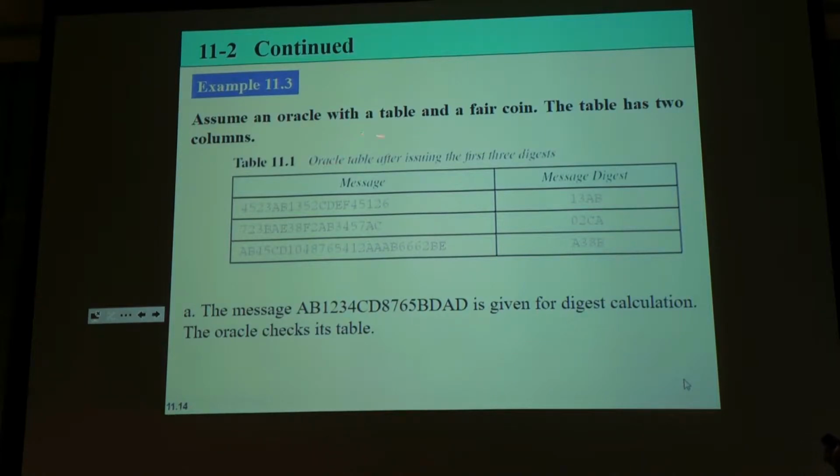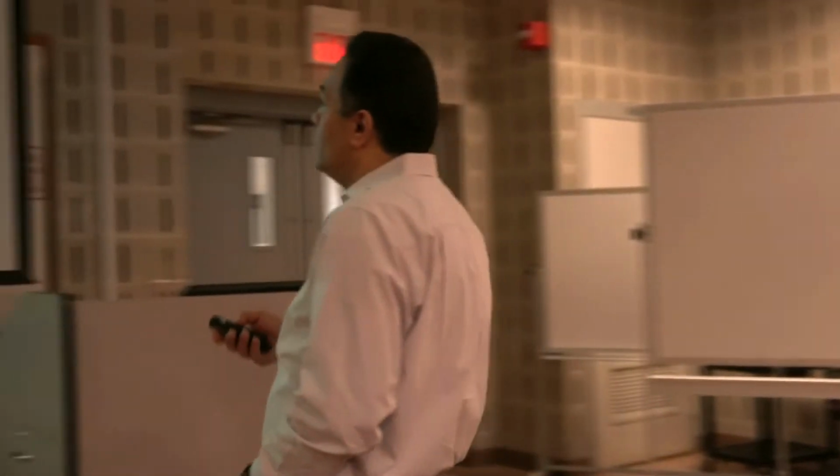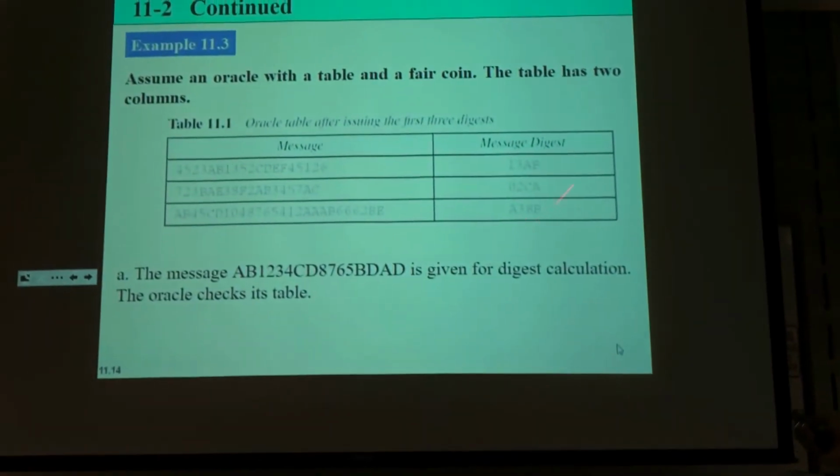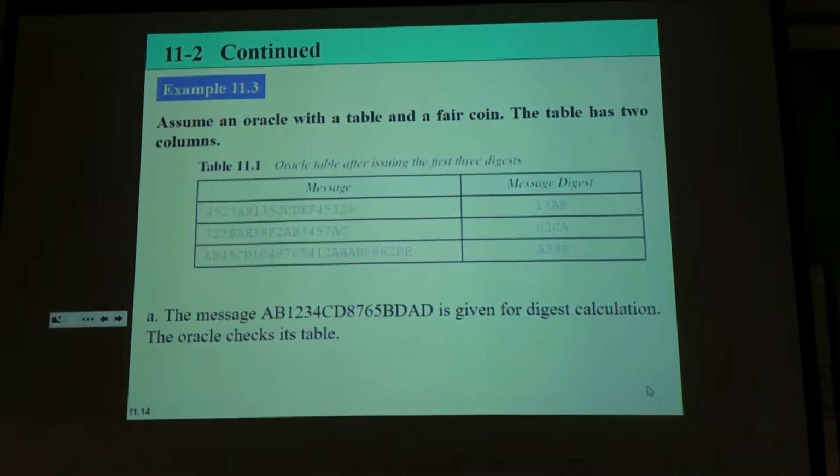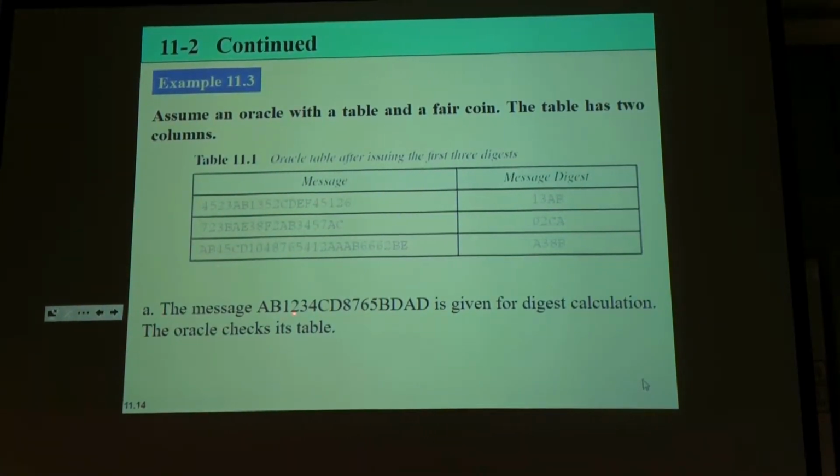Assume an oracle with a table and a fair coin. The table has two columns, the message and the digest, right? Usually the message could be a variable size and the digest is a fixed size, always, alright? So look in here, these are three messages that produced three different digests, okay? Alright, so the message AB1234 is given for digest